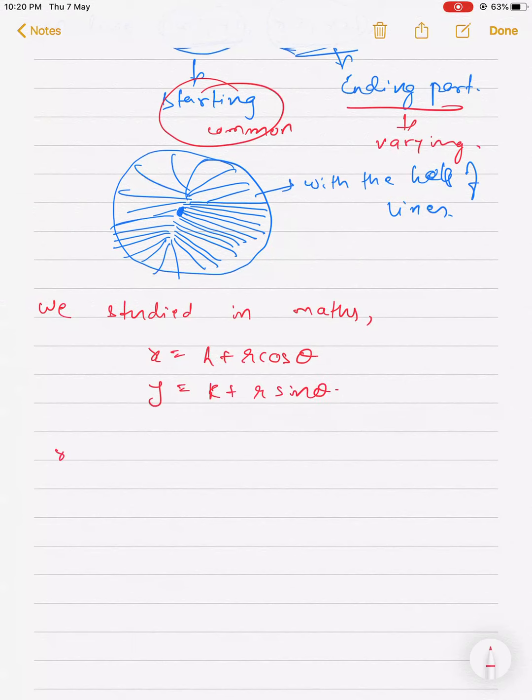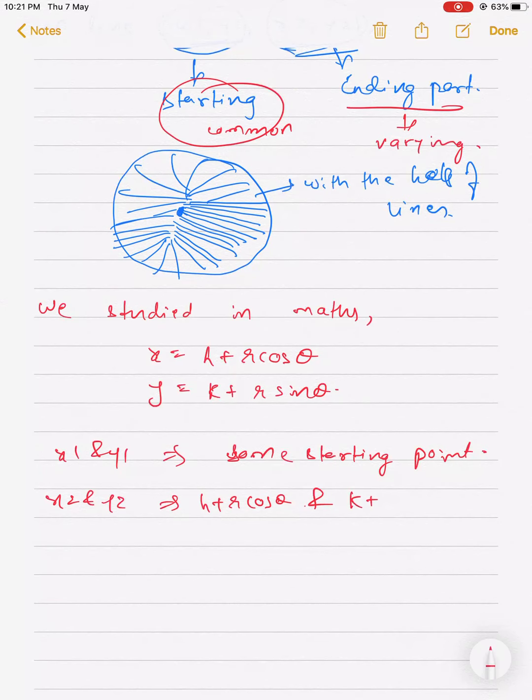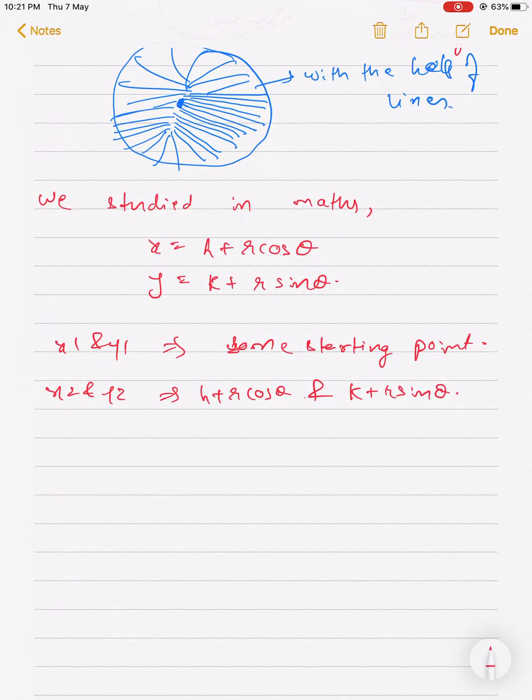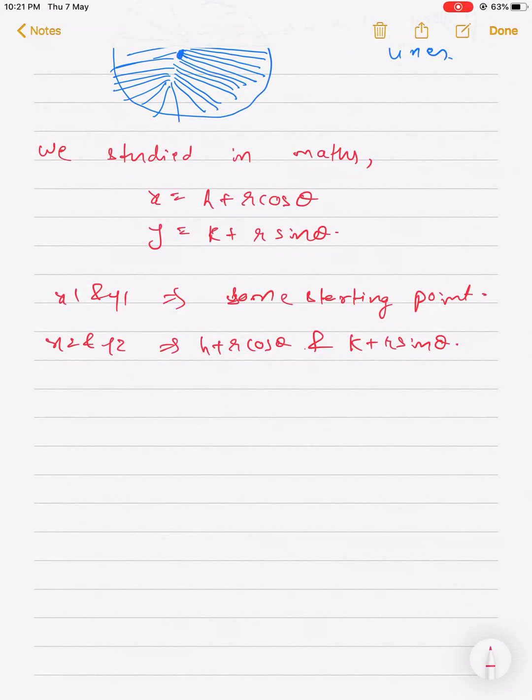So our x1 and y1 will be some starting point, whatever we require, but x2 and y2 will be h plus r cos theta and k plus r sin theta. If you don't know this, just refer to the 12th standard books where the chapter on circle comes. Unit circle, x square plus y square is equal to 1, those kinds of equations, solved or trigonometric. Go to the 12th standard and study that once. Clear? I'm not going to repeat the 12th standard.